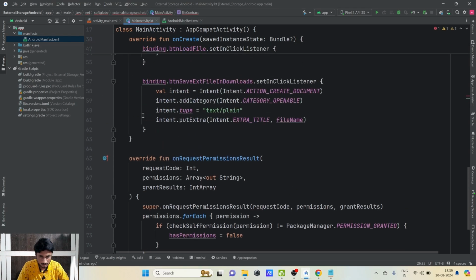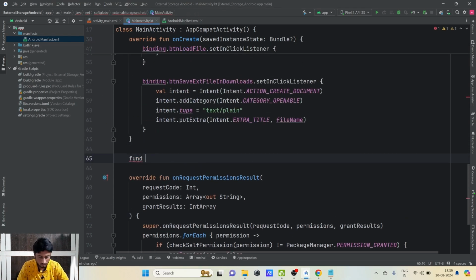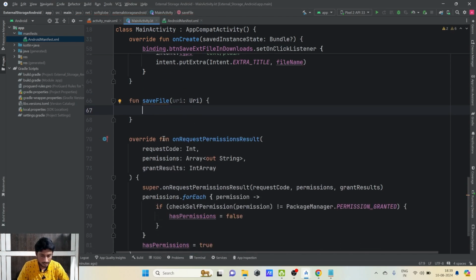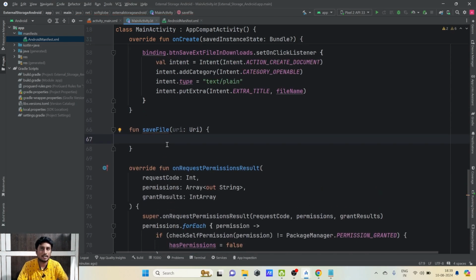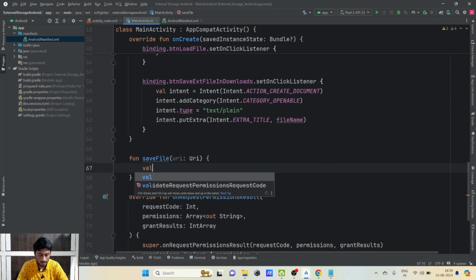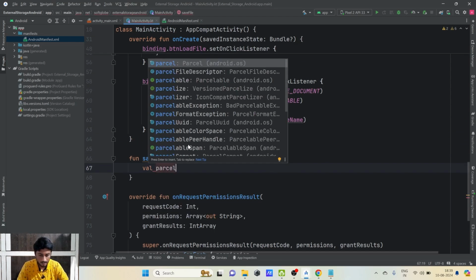So in this, I'll create a function, fun saveFile, which will accept the URI. Here I need to write the content to the file. So for that, I'll first need a ParcelFileDescriptor